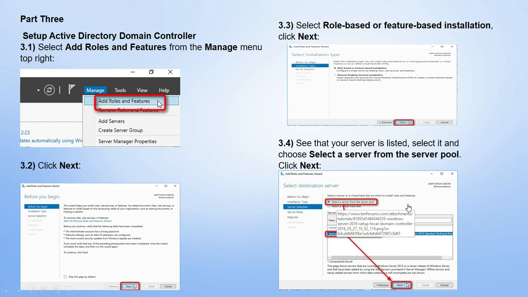You have to activate the option to select a server from the server pool. After that, the server name should be displayed. Okay, so see, server selection is there. Then here your team form server is displayed with the IP address. Then click Next.